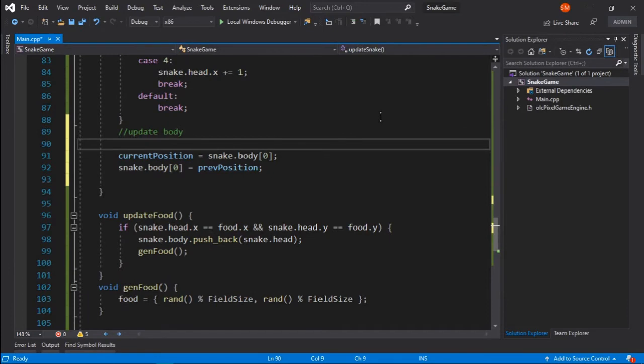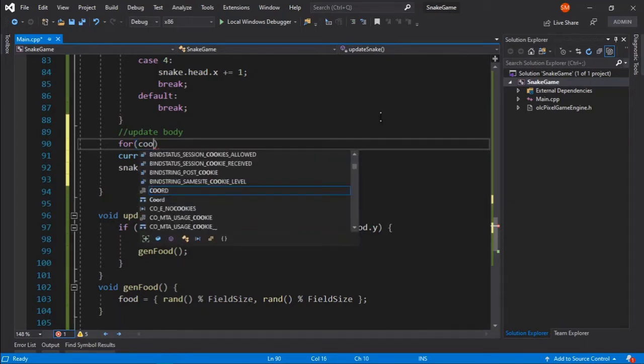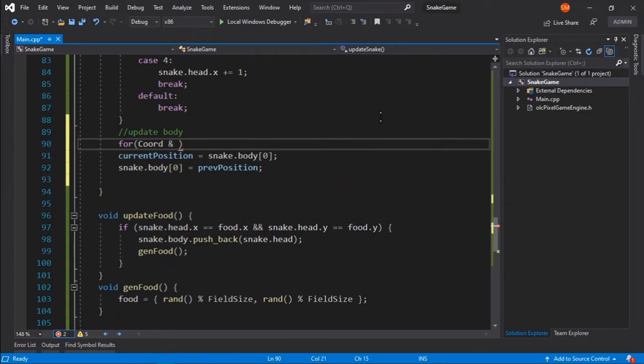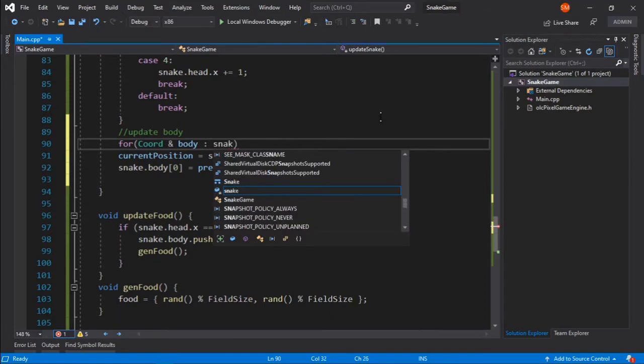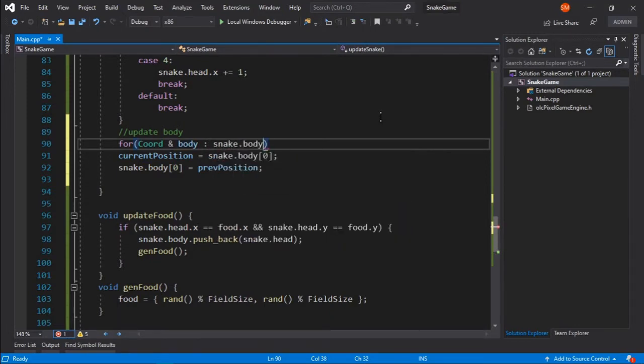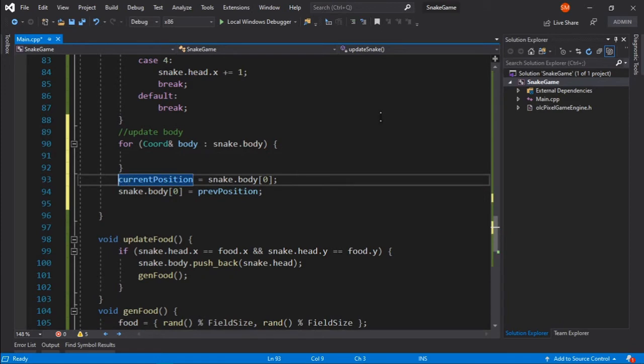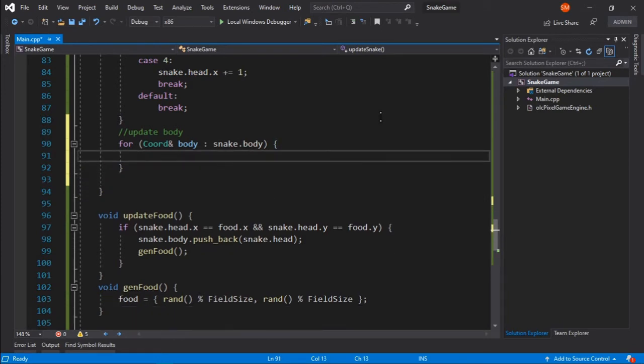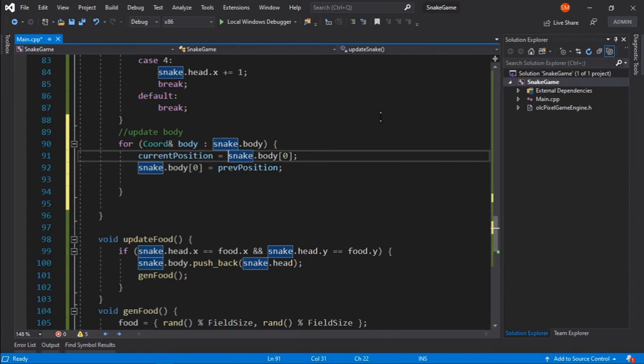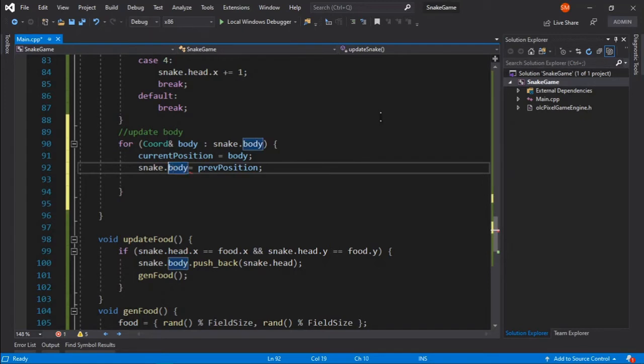So what I can actually do here is run a for loop. For, let's say, each body part, I will take a reference, body part in snake dot body. I can loop through every body part, and simply say that the current position is equal to the value of the body, and then the body will have the previous position.